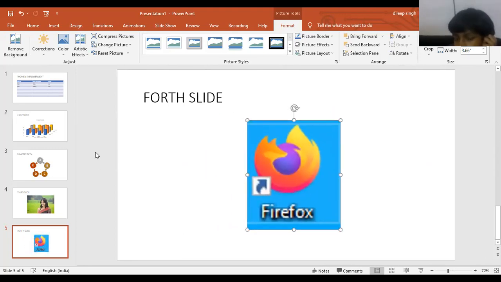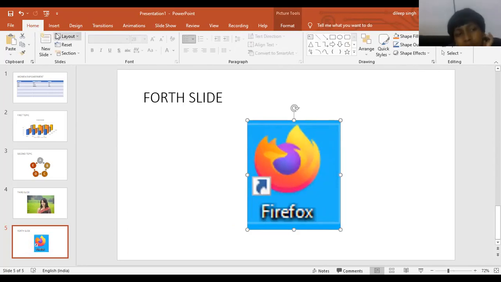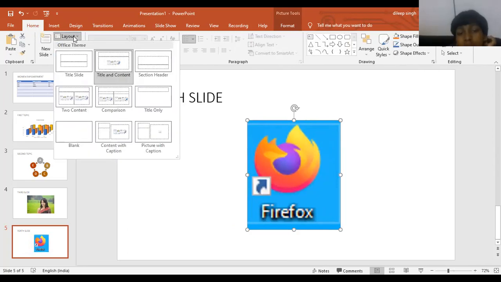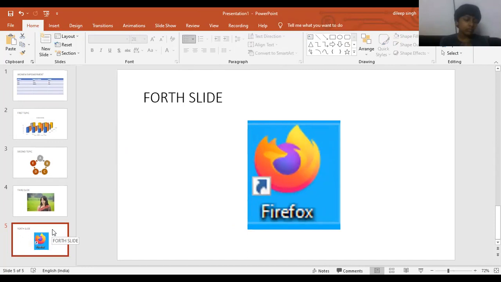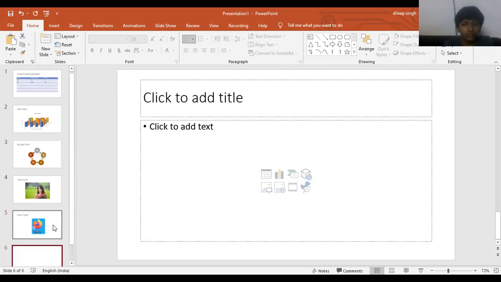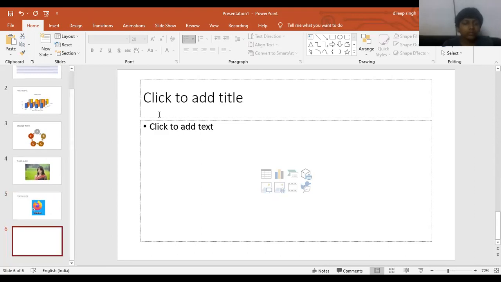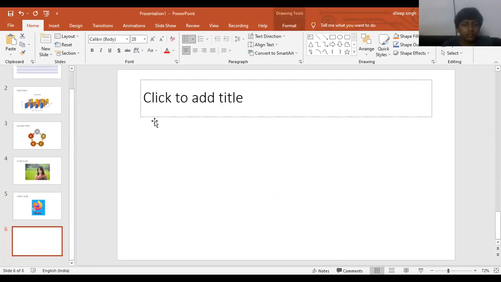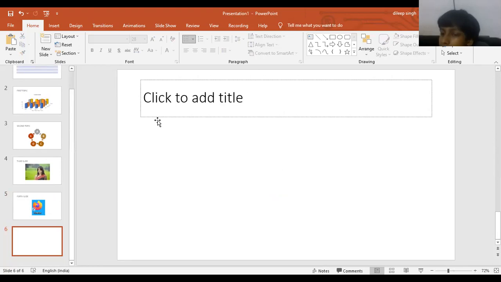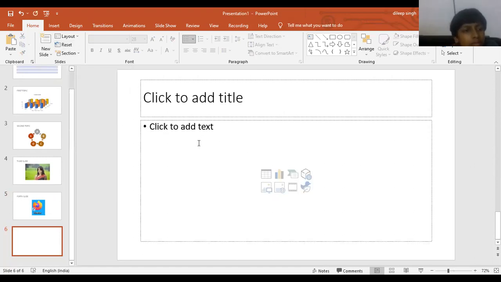Okay. So these are the options available in the home menu, and here are the different types of layout. So according to your requirement, you can choose any one. Okay. And next, if we want to insert a new slide, just press Control+M. Control+M is the shortcut key to insert the new slide. If we change some format in this particular layout, for example, we delete this particular section and we want to retrieve the deleted content or object, just click on reset. We will get the previous layout.